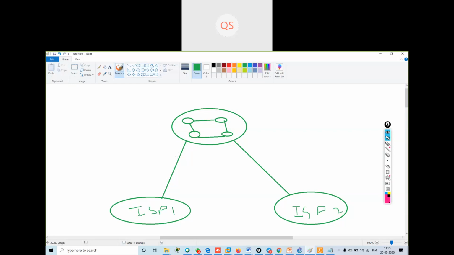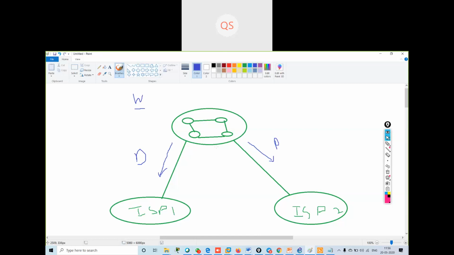My default route to go over the internet is via ISP1. This is my default route, but I want the other one to be the preferred route it selects to reach the internet. With the help of the weight attribute, I can change the selection of paths if I have multiple paths to exit the network, to exit the BGP, you can say, to exit the AS.